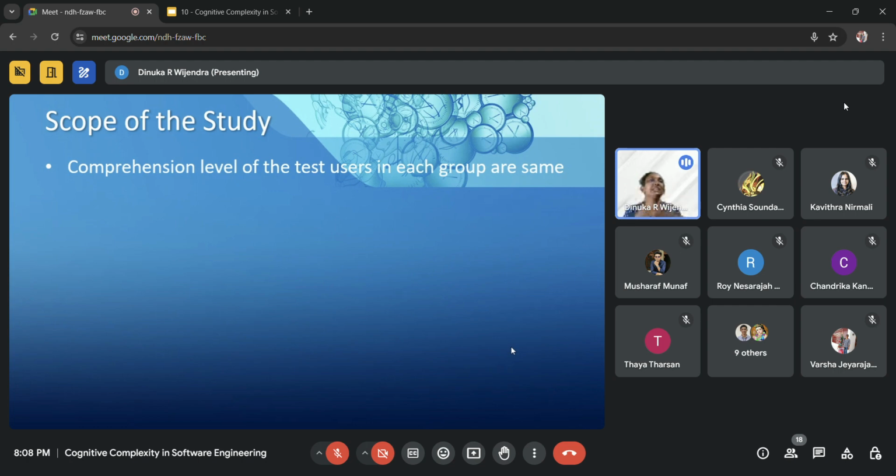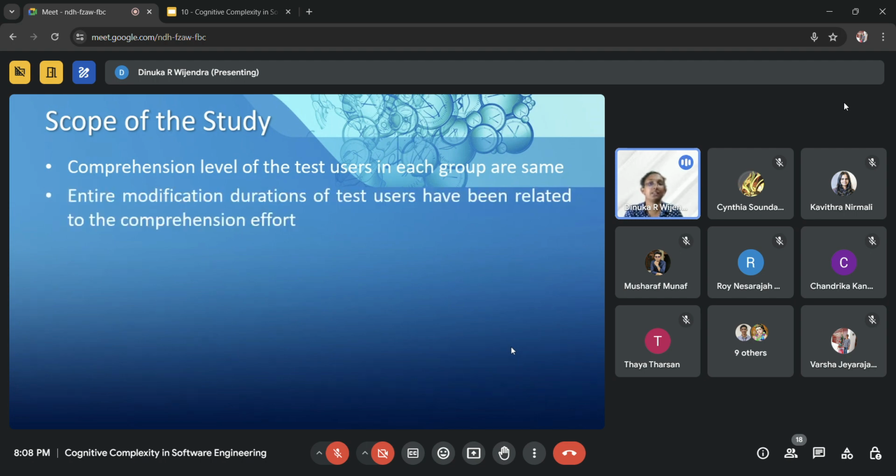But if I didn't take that, I couldn't carry on the research to this extent. So modification durations and other irrelevant durations I have omitted when tracking the duration. These are the scopes that I thought of when it comes to the completion of my research project.